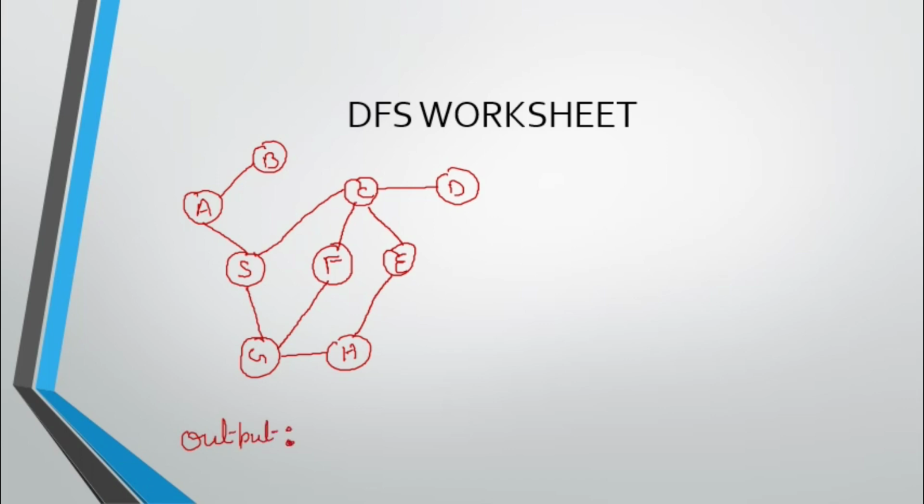When you give the graph, you need to start with the current working node. So the current working node, let me take it as A. Let me write it here. Current working node is A, or the starting vertex. Starting vertex is equal to A. This is given already in the problem.